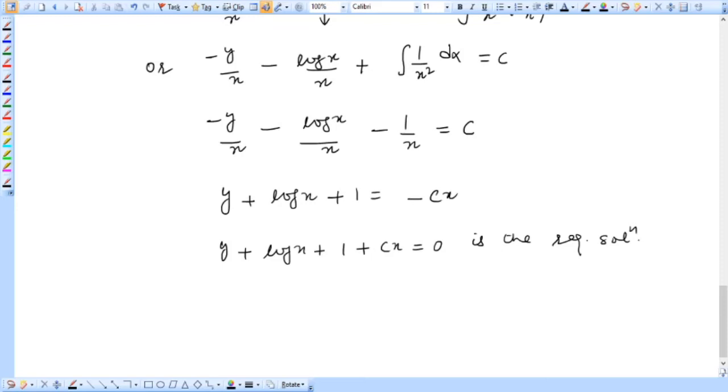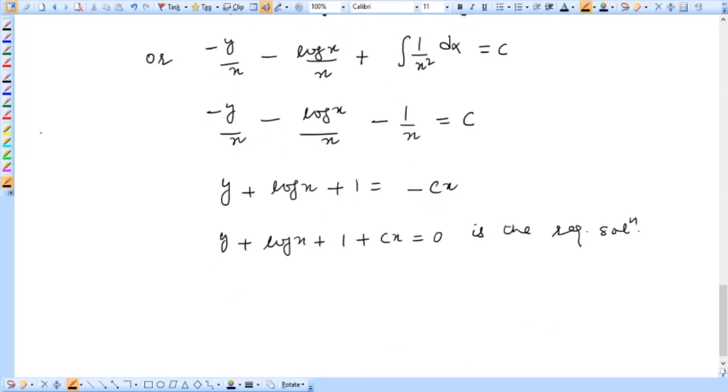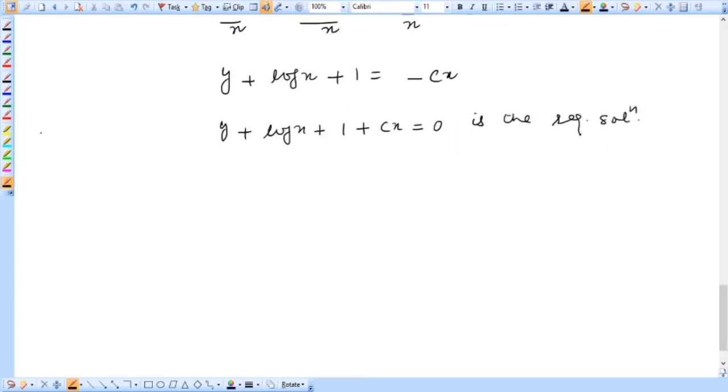Now we will be solving the same problem with an alternate method. Okay, let us see how we are going to solve the same problem with another method. The given problem was to solve it by the alternate way.